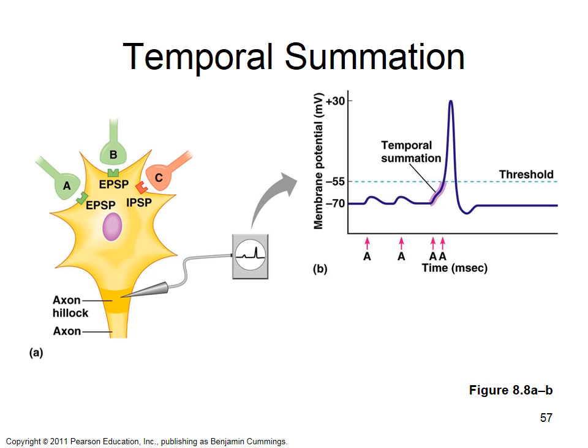Here we have temporal summation. We have synapse A firing, and you get an influx of sodium, but then it starts getting kicked out by the sodium-potassium pump. It fires again, a little bit of sodium rushes in, gets kicked back out. Then that presynaptic cell releases neurotransmitter twice in a row, in close enough succession that before all the sodium gets kicked out, even more gets let in, the axon hillock comes to threshold, and fires an action potential. So these two were subthreshold, and temporal summation brought it to threshold to fire an action potential.